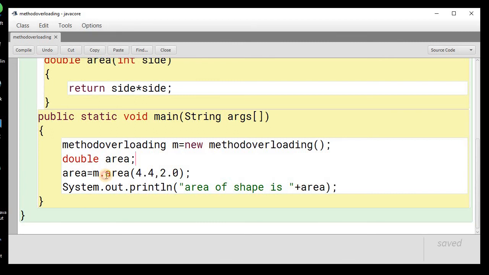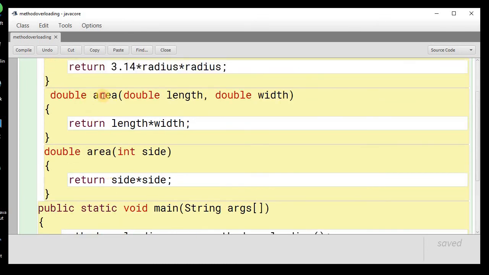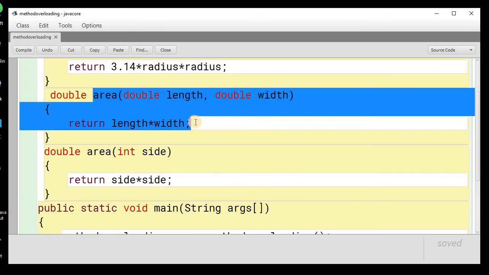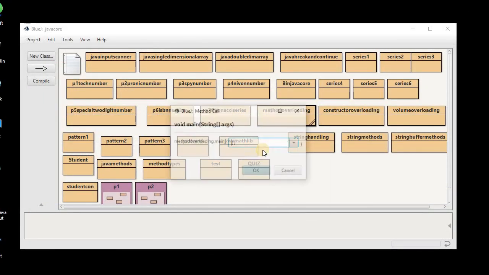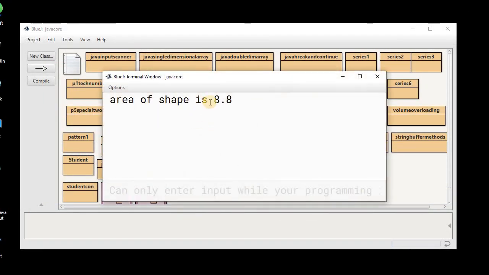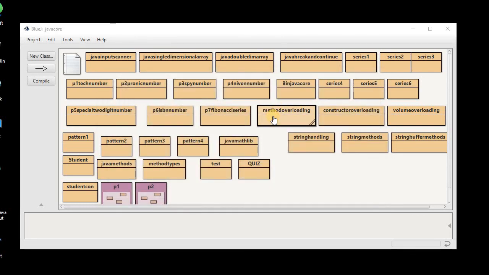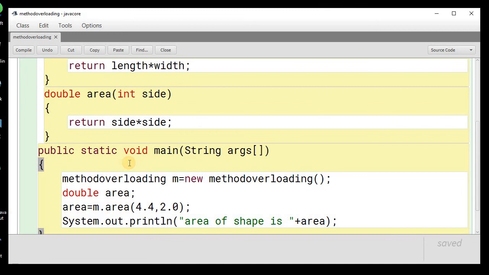We just call area and it will automatically use this definition of rectangle. So it will call this definition and calculate the area of the rectangle. Let me compile and show you that the area is of the rectangle, right? So this is the advantage of method overloading.